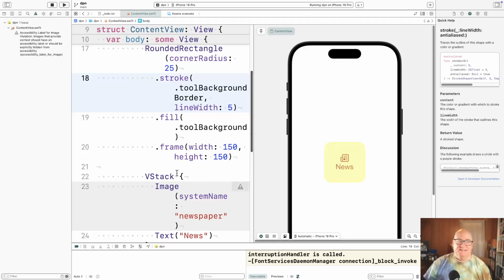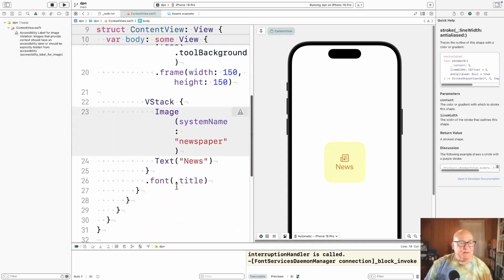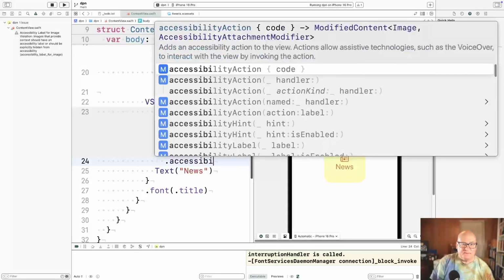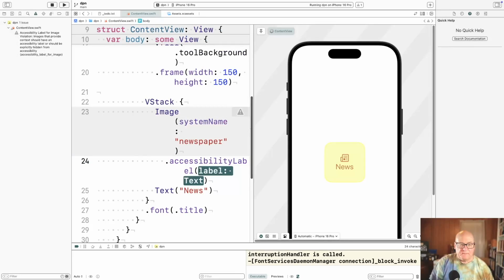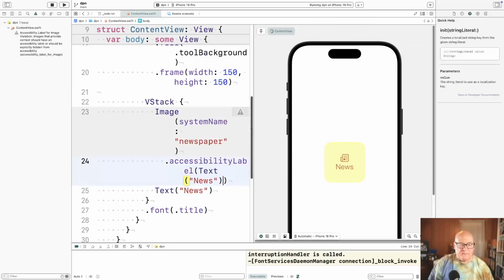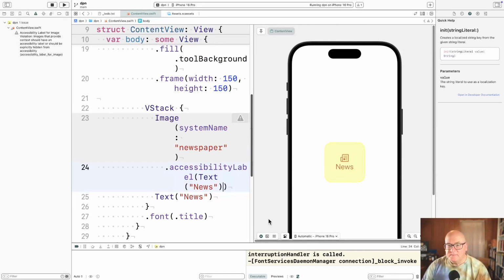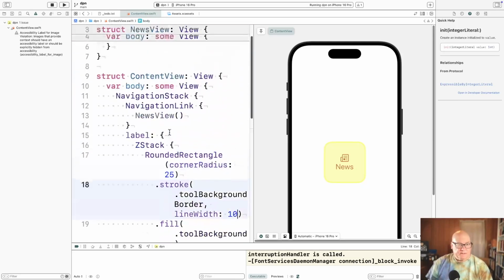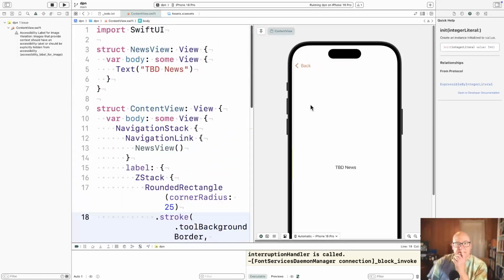Okay. Ooh. All right, now this accessibility label. Well, okay. Now I think this can be more like 15. 10 might be a little more subtle. Okay. Well, that'll get us there. Okay, so now this goes back, but really I would like this to be